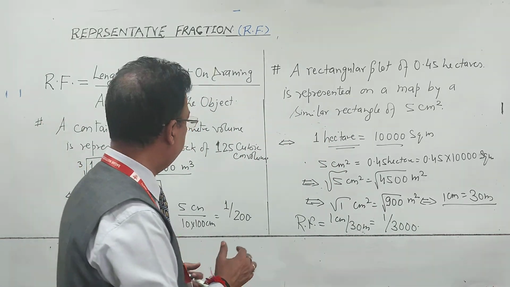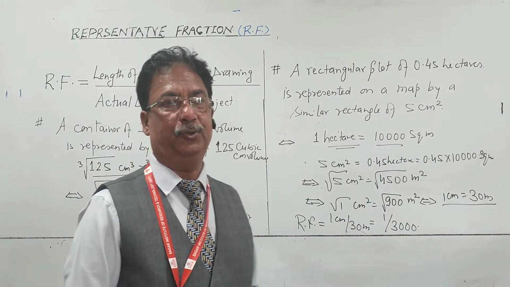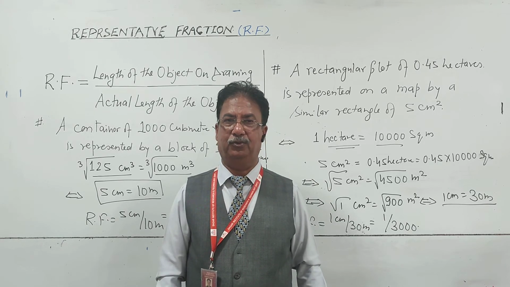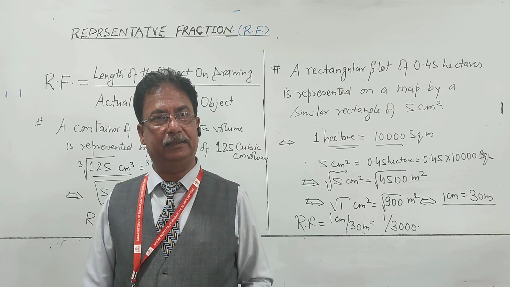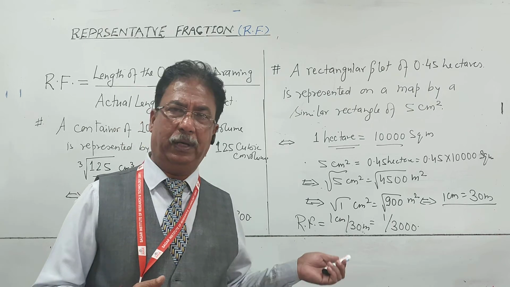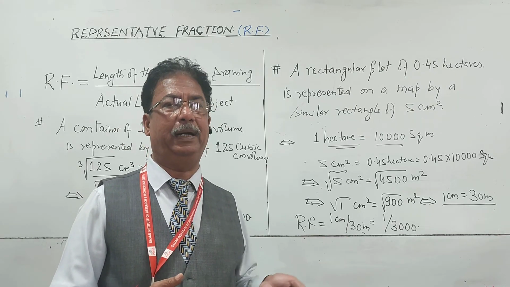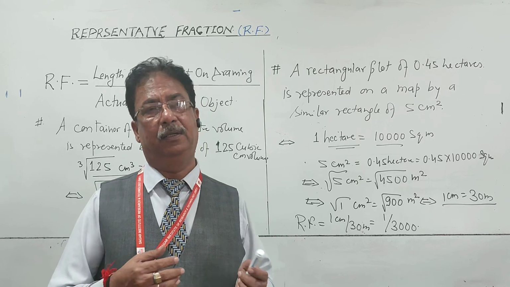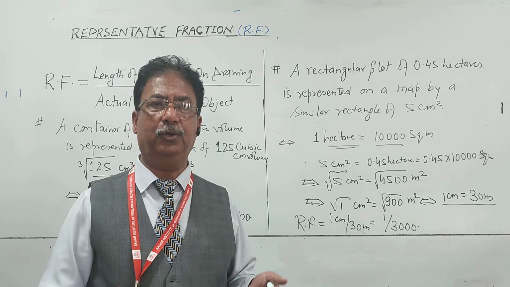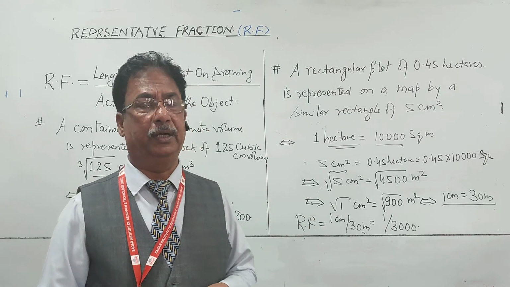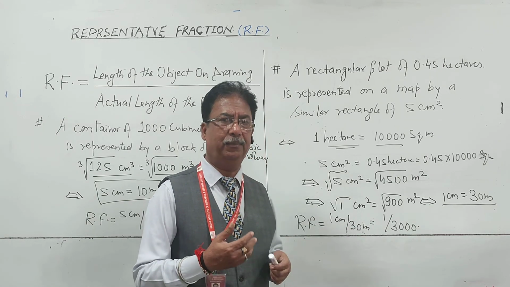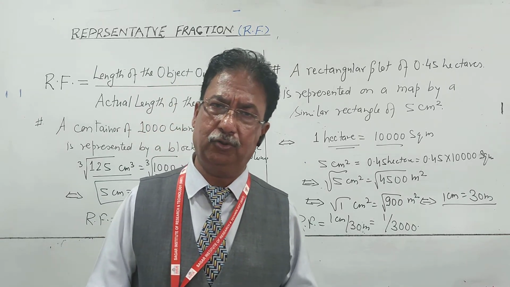I hope you understand these 2-3 different types of RF I told you. Hope you will be able to solve these types of RFs. So when we solve the problems on the plain scale and diagonal scale, you can easily find the RF in the proper way. Right now I have taken different types of RFs, and most of them come in round numbers, but suppose there is some decimal part, don't go for decimals. Instead of that, use the proportions. It is not necessarily always 1 upon 3000. If some value comes in the upper side also, that will be okay.